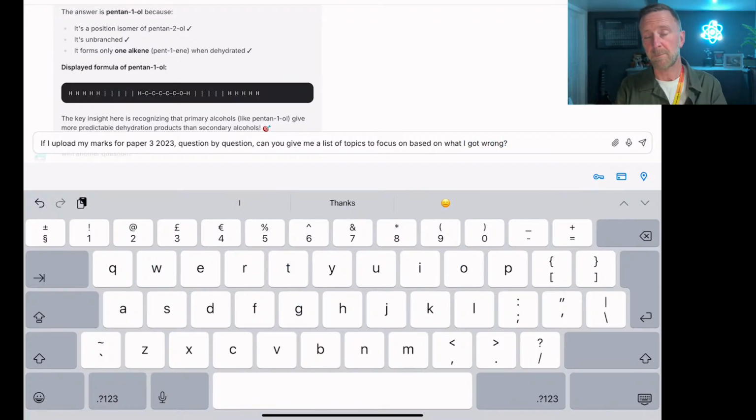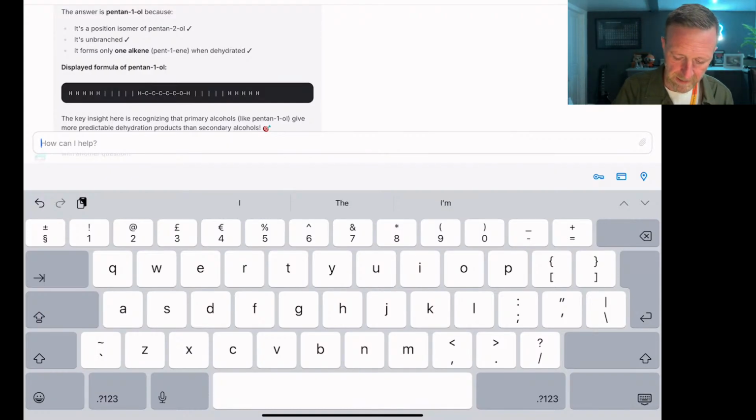So if you do a past paper under timed exam conditions, which is best practice for chemistry, you've got the marks, and you know what you got, but what does that tell you? What do you do off the back of that paper? For all members, I'm going to send out a Google Sheet with all the questions on, mark by mark, and all you have to do is type in what marks you got. That makes it easy to upload in here, because it is a bit of a job, like 1.1 I got this, 1.2 I got this. So I'll do that, and you can upload it in here, and let's just see what it says.